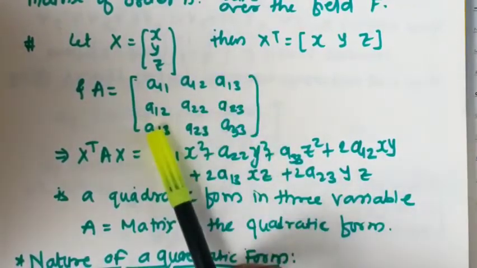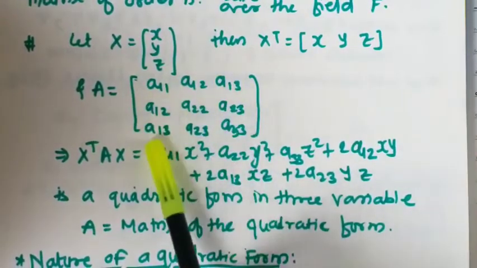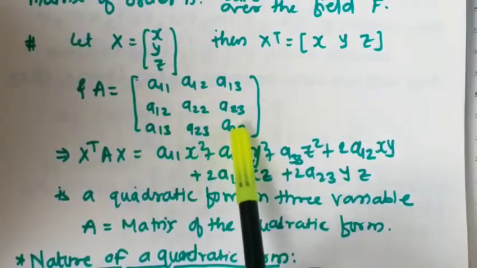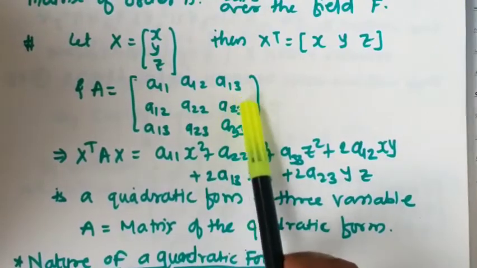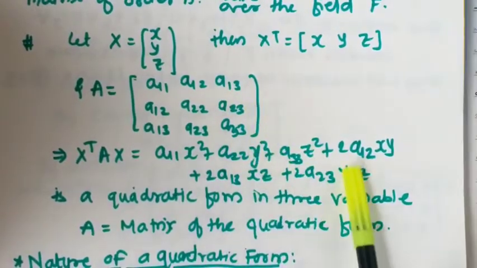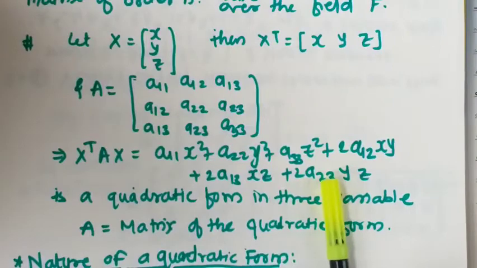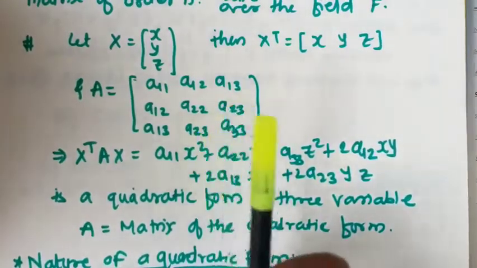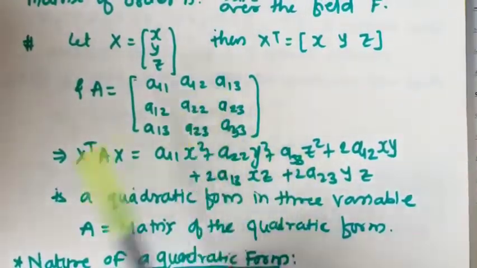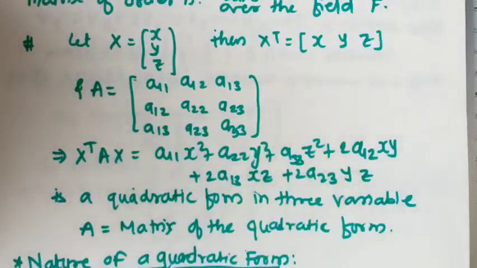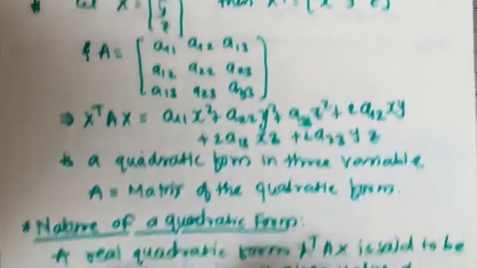number here and here. Okay, so once you write the first row, first column, this entry also you are going to get. For determining the third entry of the second row, you need to check the coefficient of y into z. Divide that coefficient by 2, you'll get this coefficient. Means from quadratic form also you can write the symmetric matrix A, and that type of calculations we are going to perform in examples. Fine.